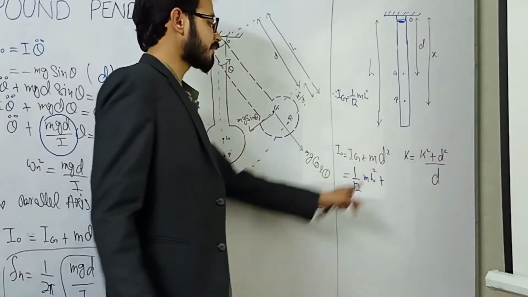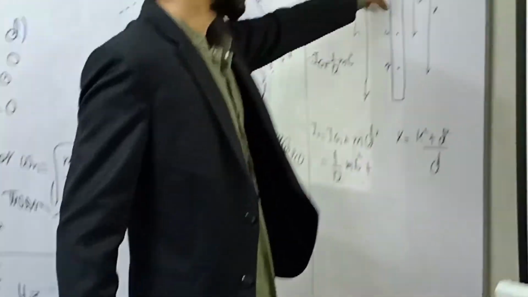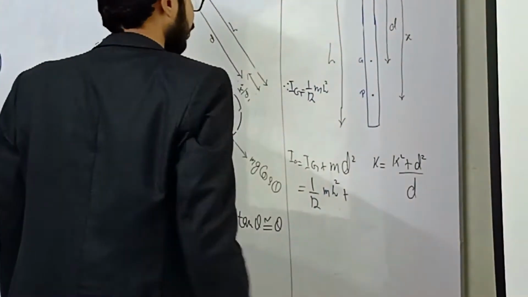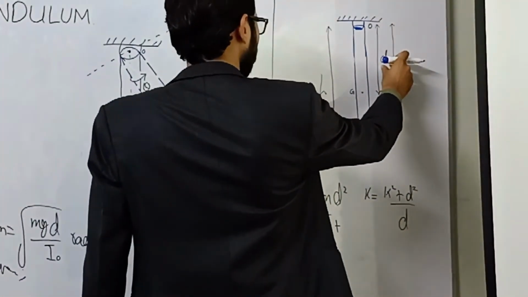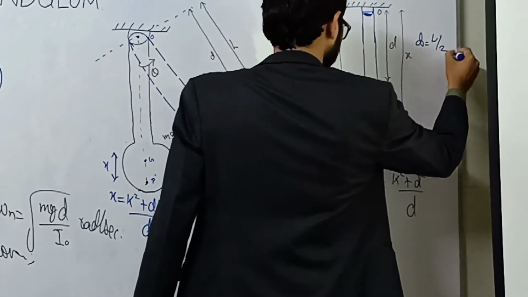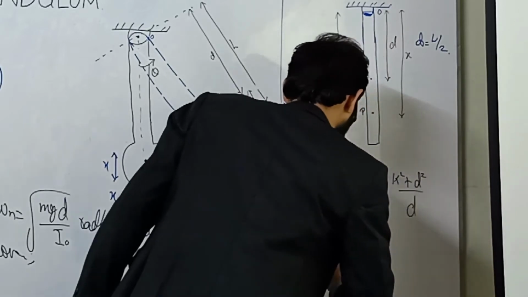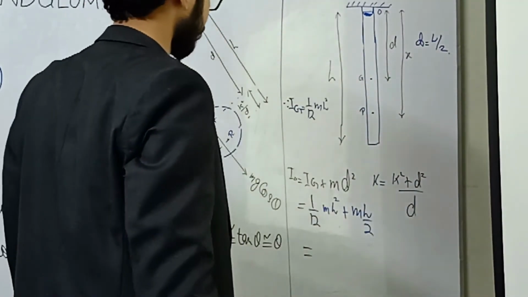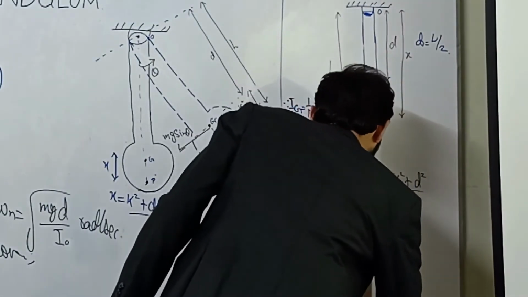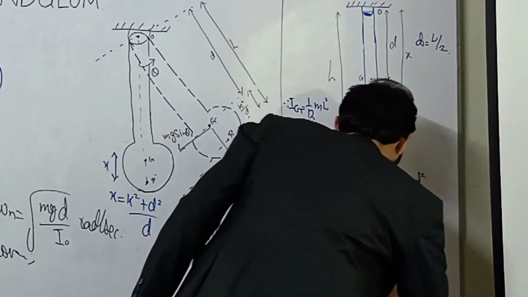Plus md square. What is m? Mass of this beam. And what is d? d is the distance from the point of suspension to the center of mass. In this case it is almost half of the length, so d is equal to capital L divided by 2. So m into L divided by 2, and its square. So we have 1 by 12 ml square plus ml square divided by 4,